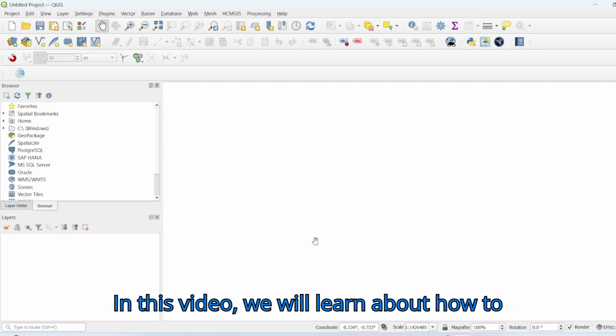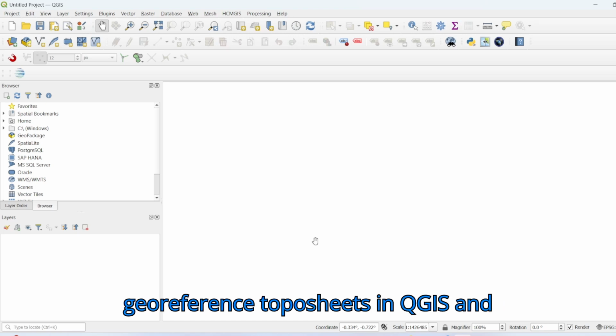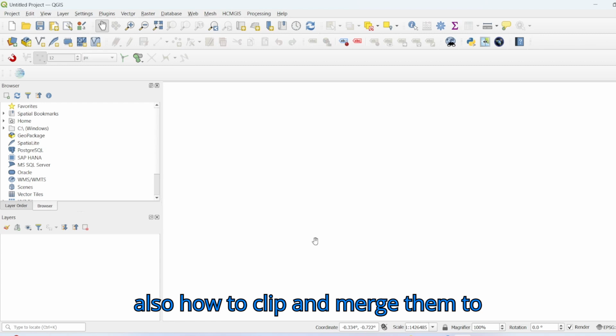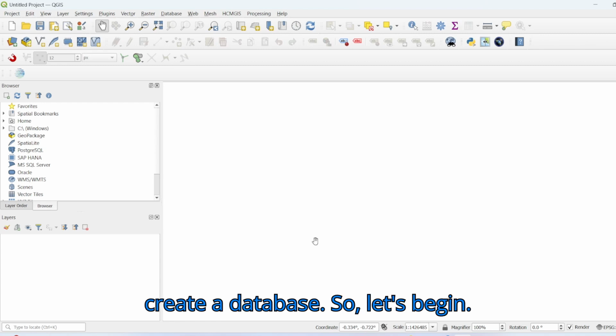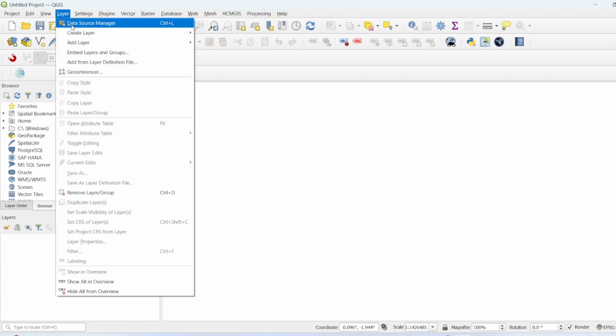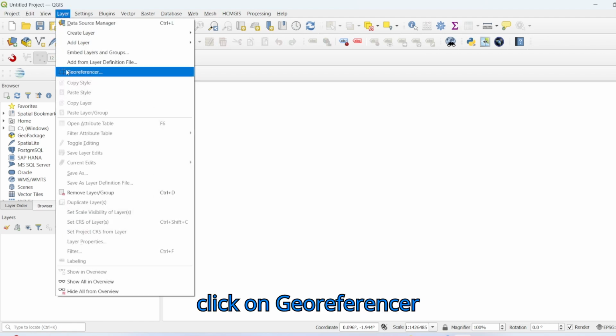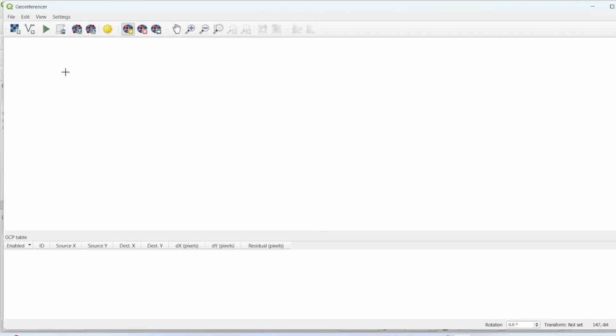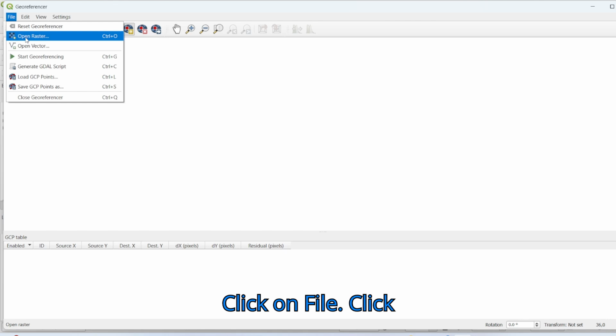In this video, we will learn how to georeference toposheets in QGIS and also how to clip and merge them to create a database. So let's begin. First, open your QGIS window, go to Layer, click on Georeferencer, click on File, click Open Raster,